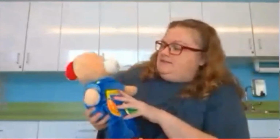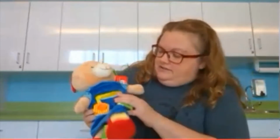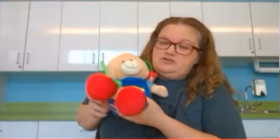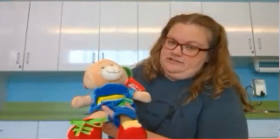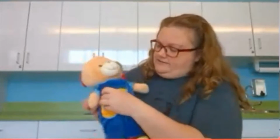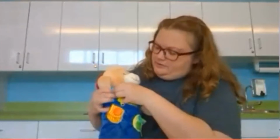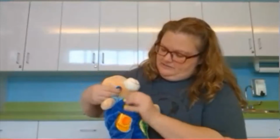So I will be featuring some toys today. Today's featured toys. One of them is this little guy here. And this little guy here is our educational bear. And this is great for play, and it's good for a lot of different things. So we have a zipper here, and your child can learn how to use a zipper. Your child can learn how to do snaps,